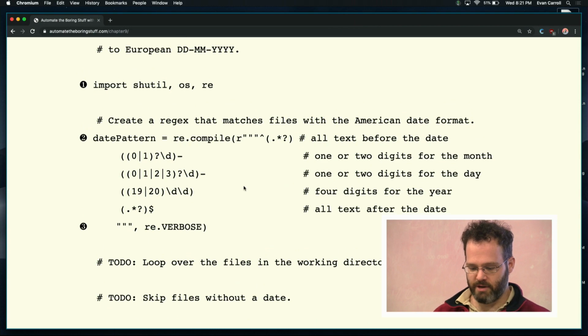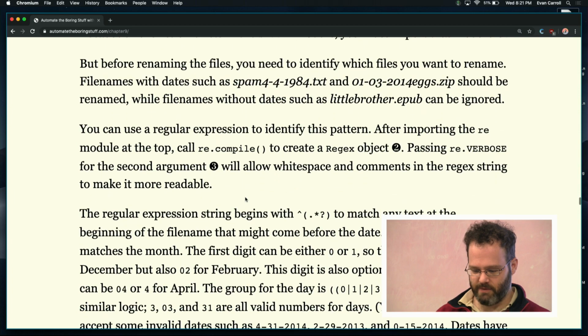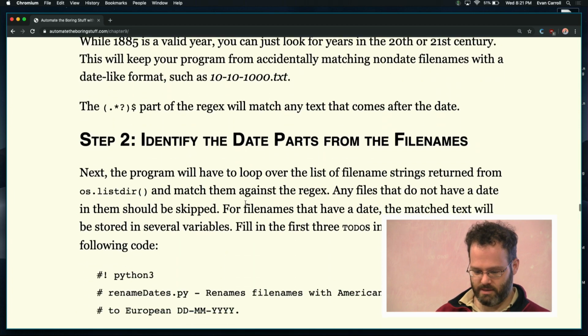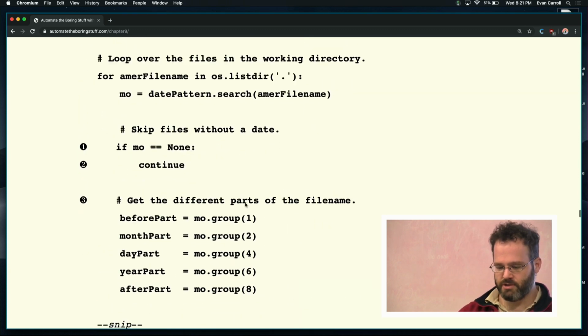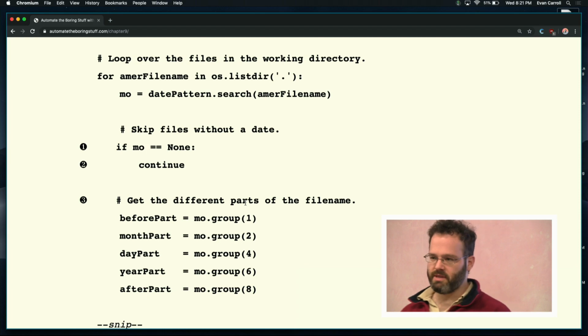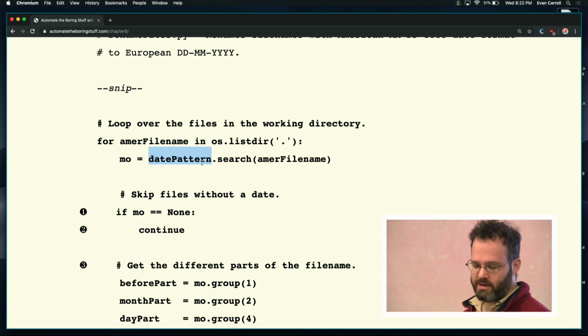Okay. So we now know how that regex works. And I think in this book they teach you how to think about regexes, which is the only reason why I'm not going to cover that slightly more. Identify the parts of the regex, right? So we just matched all of these different things, and I told you what they were, like a way to think about them. Well, here's where we actually, after we match the regex, notice we have here for Amer file name, that's the American file name from our bosses, in the directory that we have,